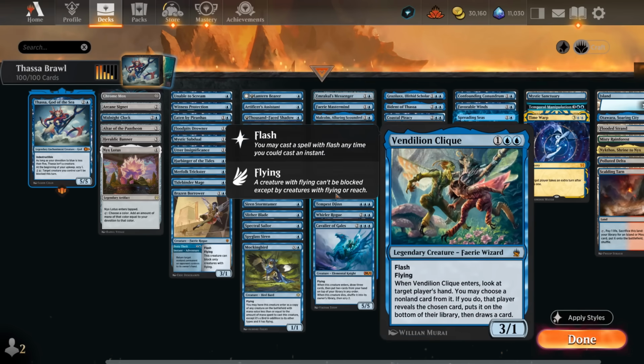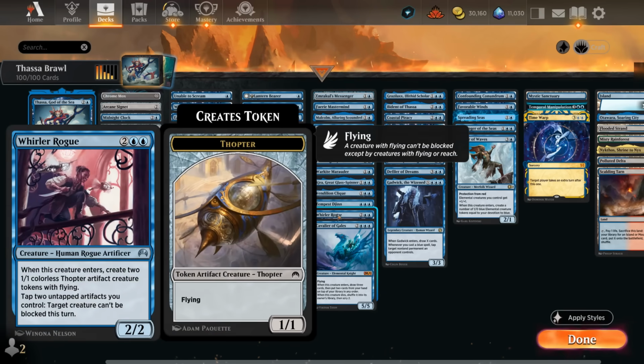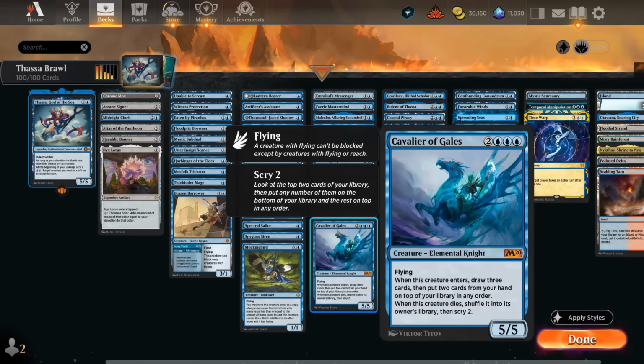Vendilion Clique is quite versatile, can take a look at the opponent's hand to take away a key threat. We've got Tempest Djinn, which grows with the number of basic islands, and that's also why the mana base is so streamlined. We've got a Warlord Rogue making a pair of Thopter tokens, and another way to make our creatures unblockable. And Cavalier of Gales also provides 3 devotion, lets us brainstorm when it enters, also synergizes with some of